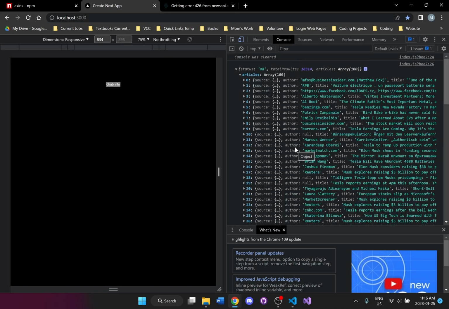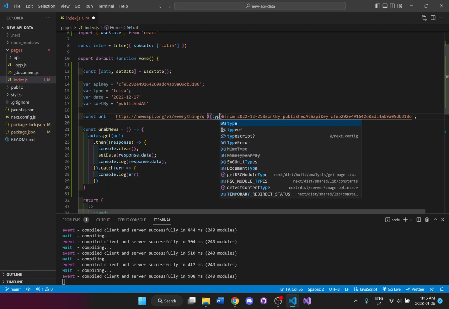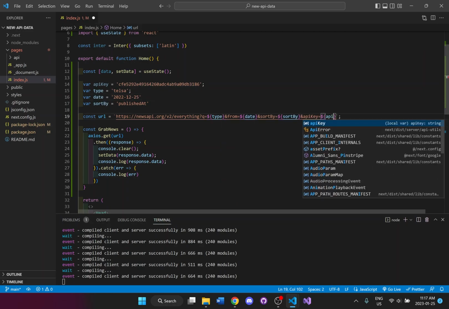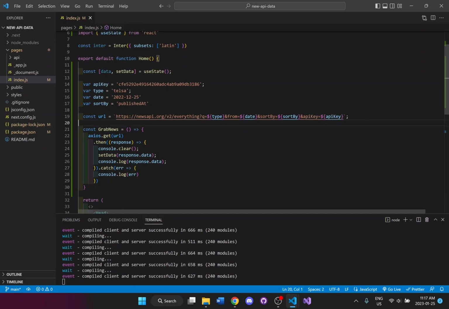It looks like there must have been a spelling mistake somewhere in my URL. So what I'm going to do is I'm just going to replace. Let's see. API key. So I'm going to save it right here. And I have the URL.